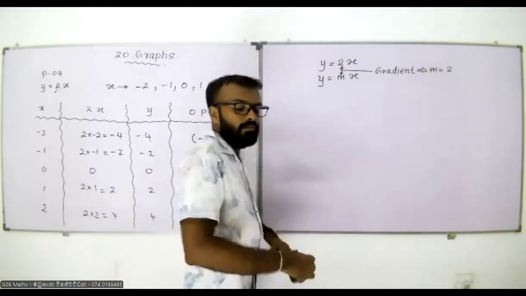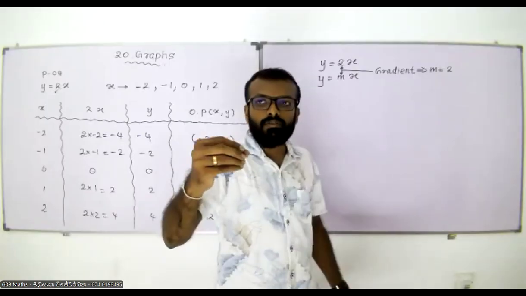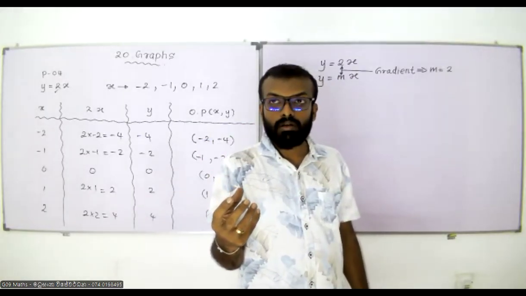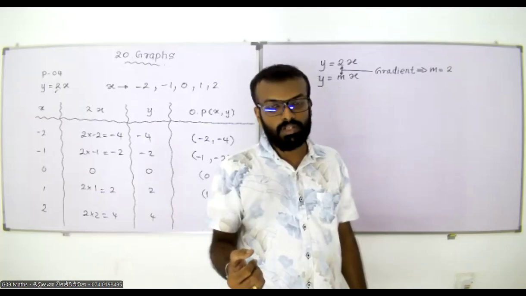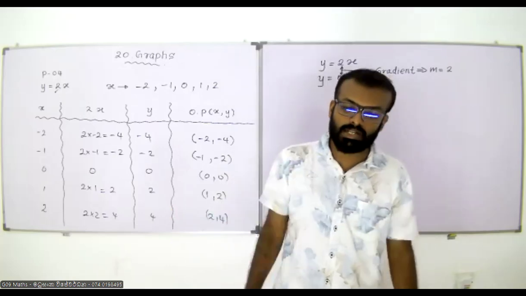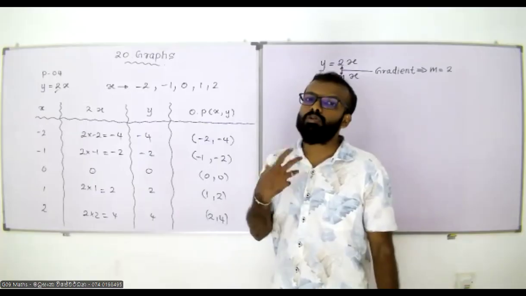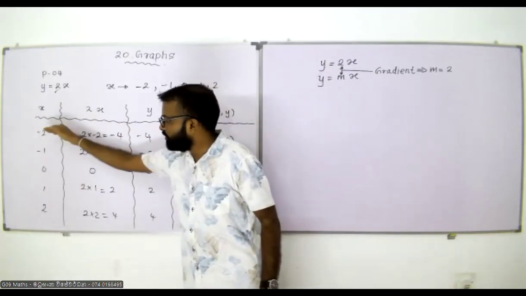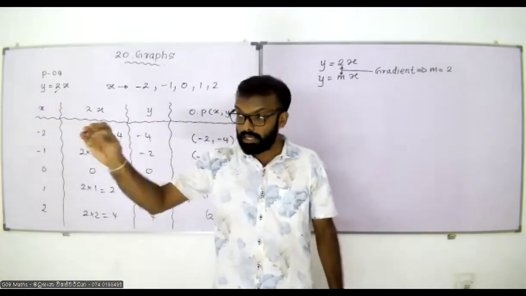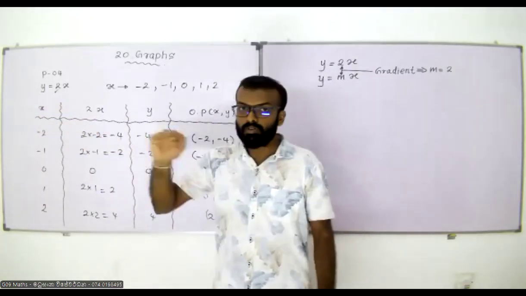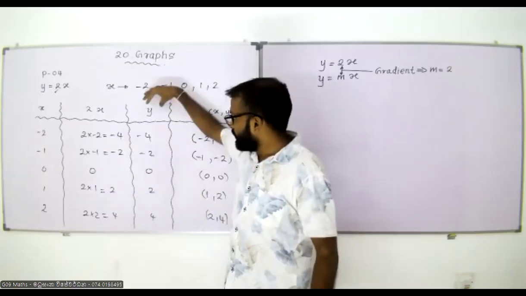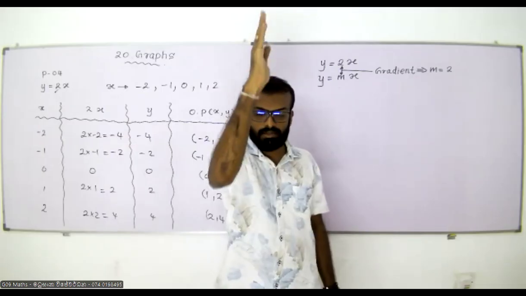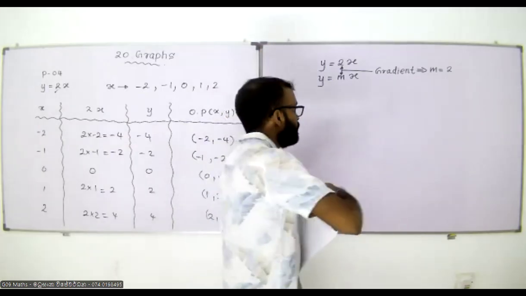By reading the graph, people will identify a lot of things, a lot of data that they will need. We will discuss it later, but right now we are going to learn how to draw a graph. By looking at the x column, you will know the range of the x-axis. By looking at the y column, you will know the range of the y-axis. Two important things, right? So first of all,